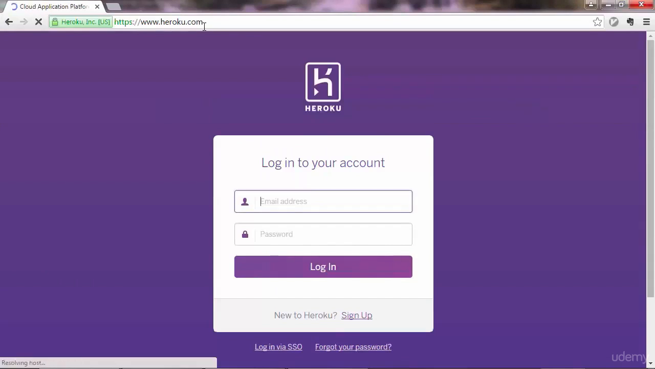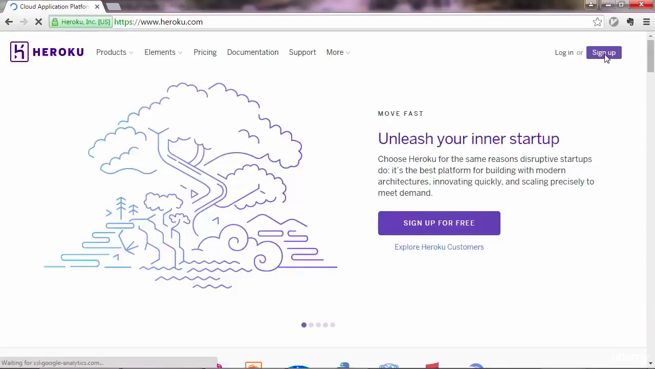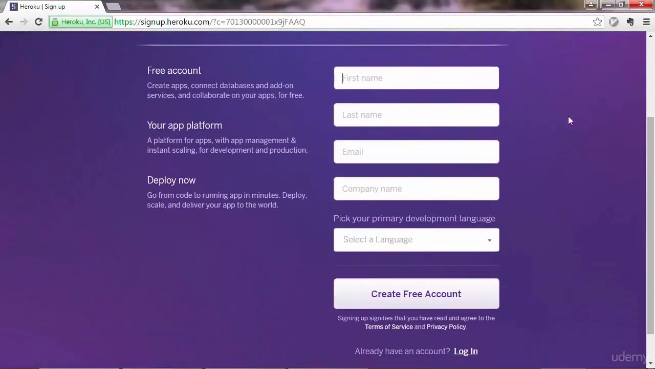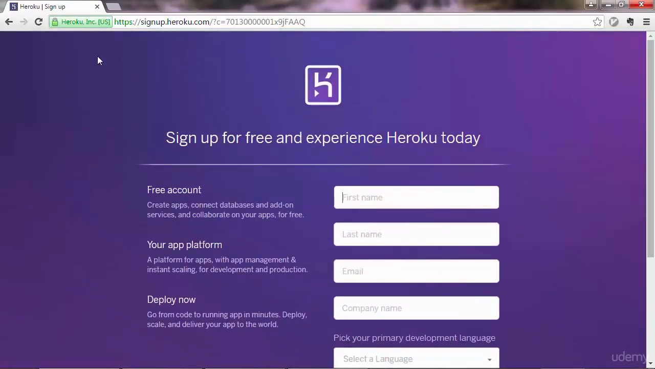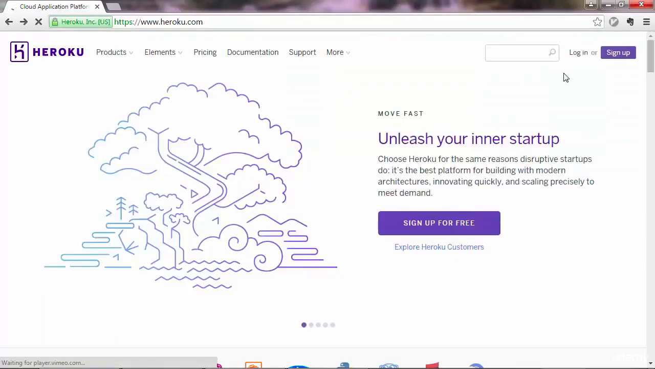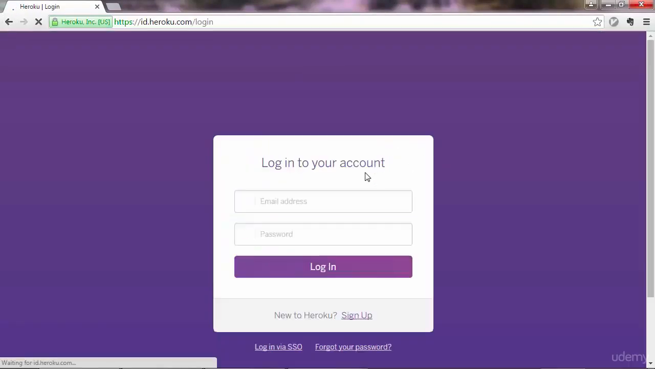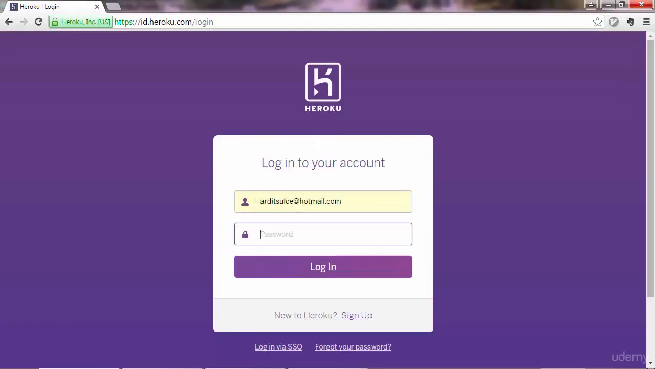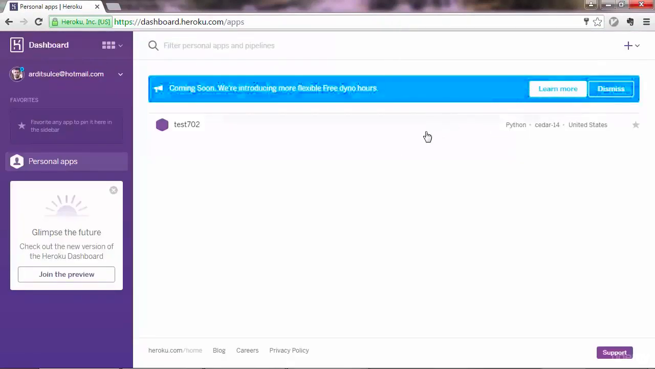So it should be somewhere in here. So you go to sign up and just create an account. So once you have that, then you can go ahead and log in. And yeah, dashboards should be your homepage once you log in. And under personal apps, which is this one here,